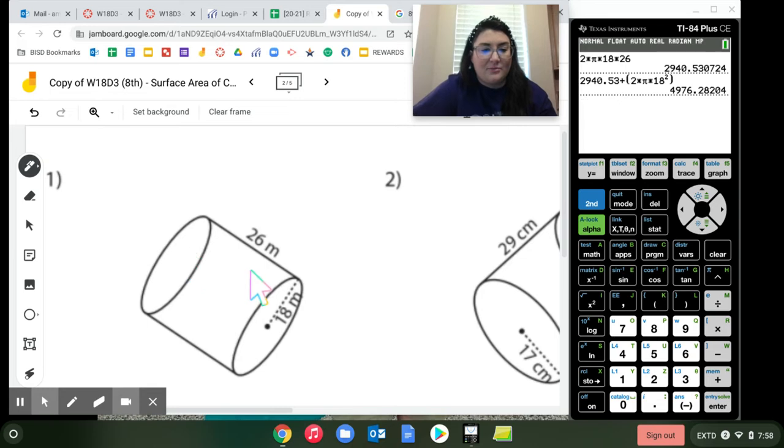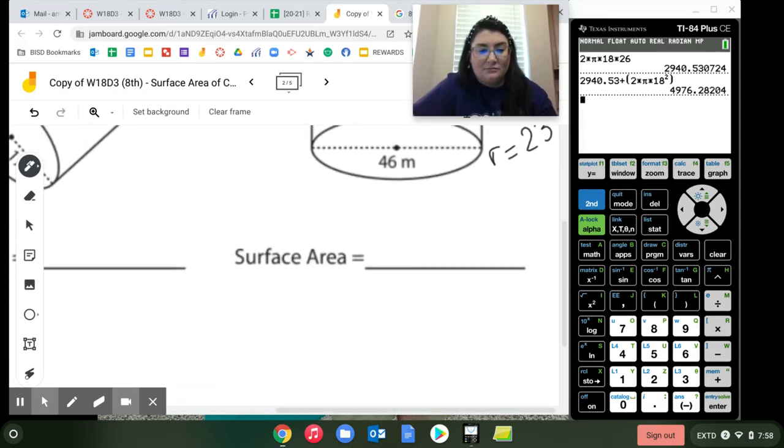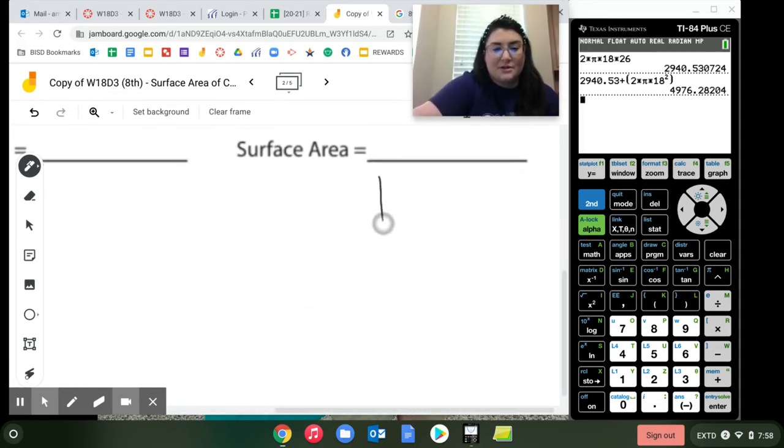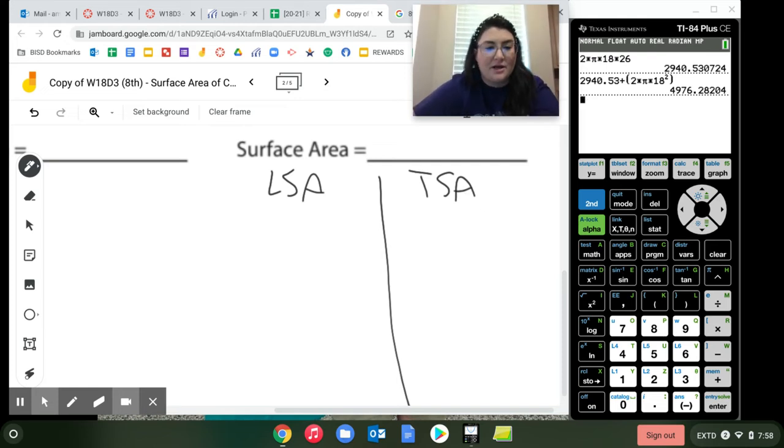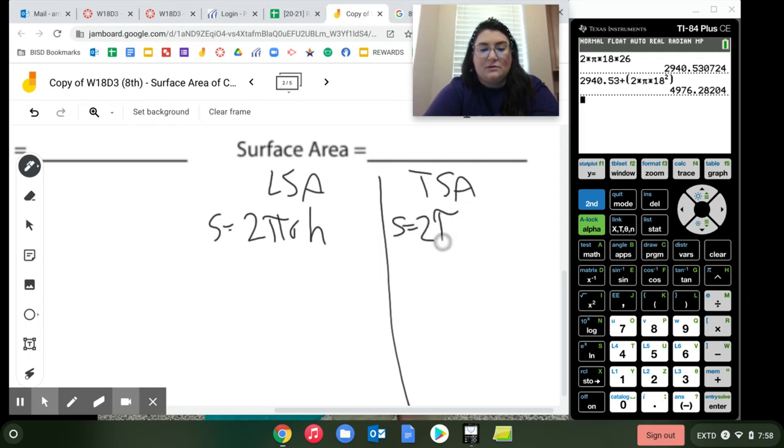Let me zoom in a little bit more. So we're going to start with our formulas. Okay, we have lateral surface area, total surface area. Forgive my handwriting on here. So here we have 2 pi RH, and for total we have 2 pi RH plus 2 pi R squared. Okay, so on lateral,